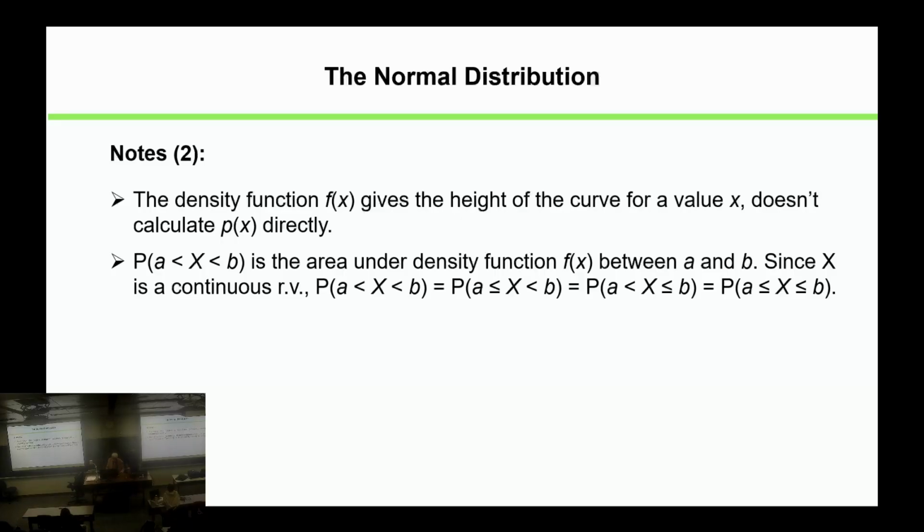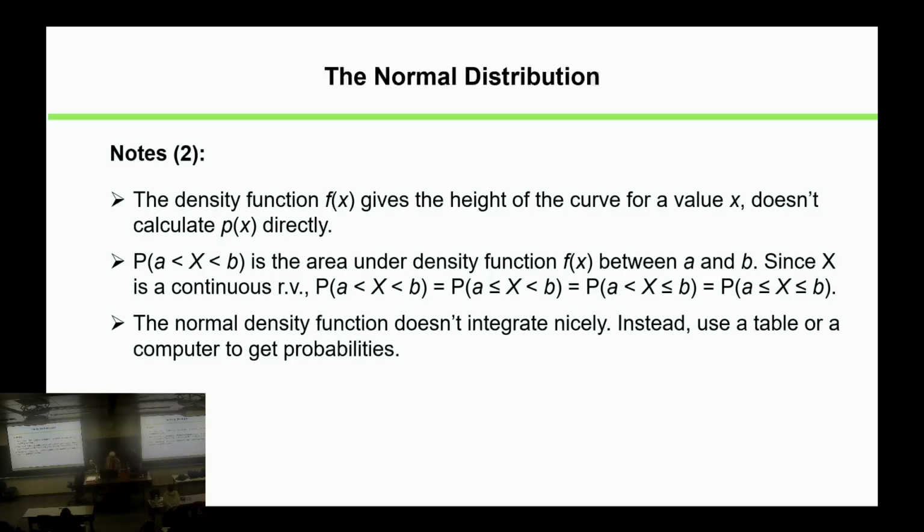So how are we going to get those probabilities? Well, for some of our curves, we worked out things like triangles and rectangles geometrically. And once you get into integration, there will be lots of density functions where you could get the area under the curve very nicely using integration. But the normal curve is not one that integrates nicely. Instead, we are going to use a table to do it.